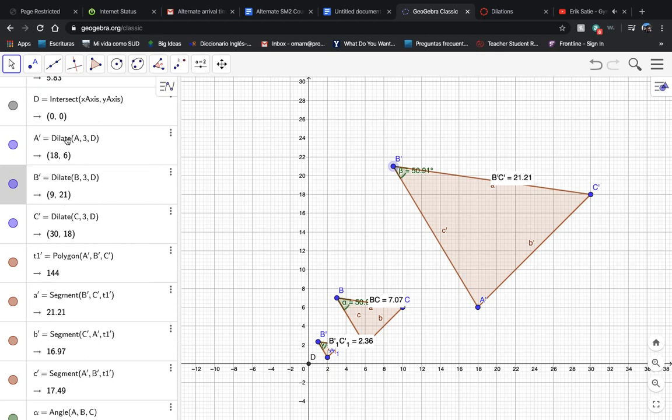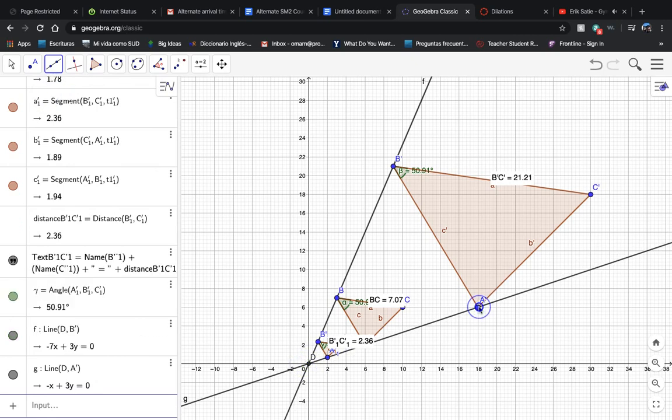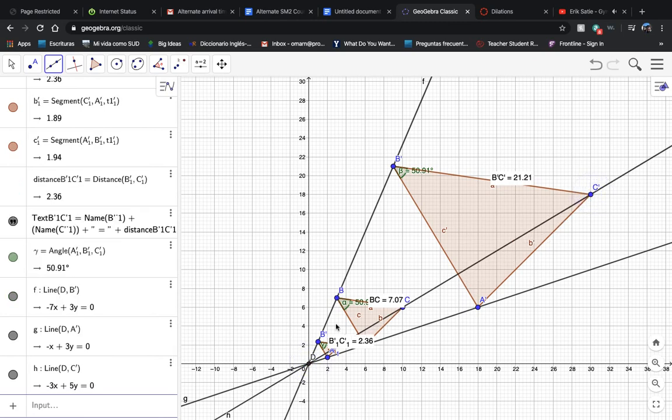One last thing I want you to notice. If I try to draw a line that passes from the origin, look at this, how these 3 points are connected. What do you think if I do it for the other points? You're right. All of them are going to be connected as well. And this is how we do dilations. In this case, from the pre-image, the original figure we had, we could enlarge or reduce the size of figures, and all of these 3 triangles are similar. Well, this is the end of our first